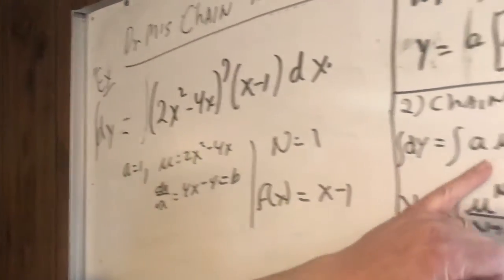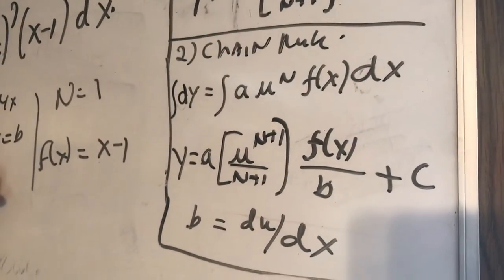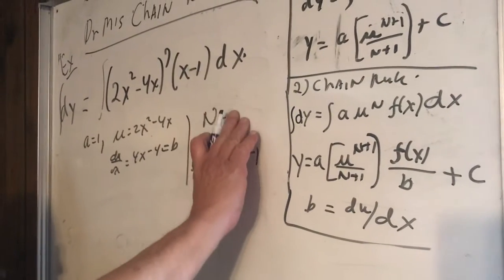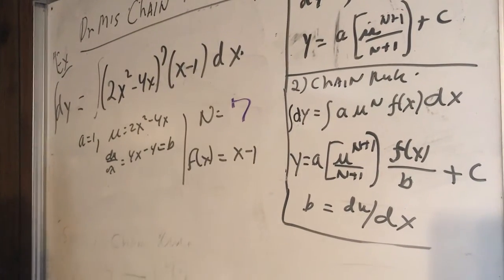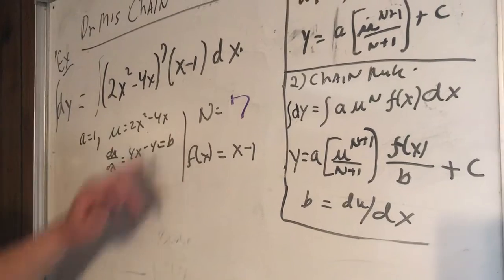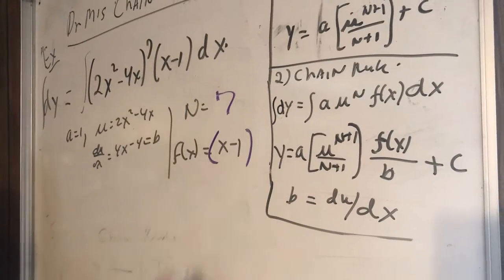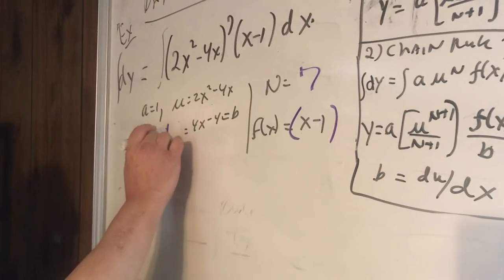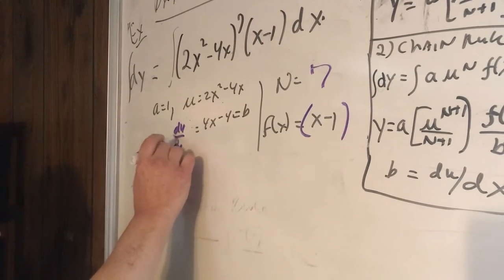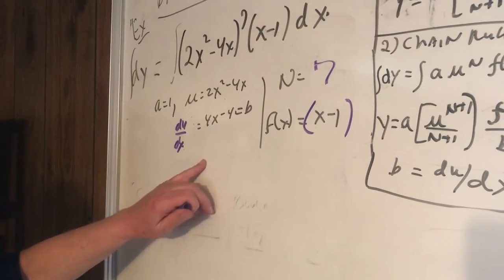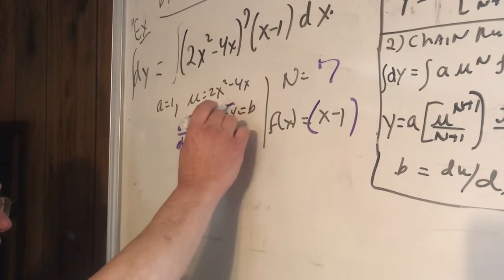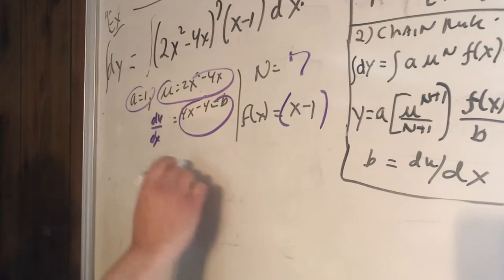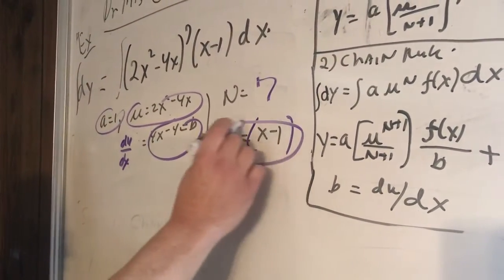U, looking over here, is 2x squared minus 4x. N is going to be equal to 7. Let me erase that. F of x is x minus 1. Let's put parentheses there. Now I want to find du dx, which is 4x minus 4, and that equals b. So what I need is b, u, a, f of x, and n